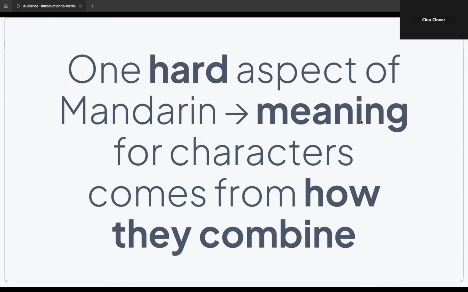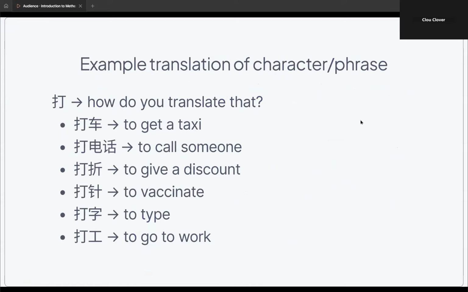So, one hard aspect of Mandarin is that the meaning of characters comes from how they combine. Oftentimes, you'll hear non-native speakers say, how do you translate this character? And my response will be, I have no idea. Because this character can mean, when combined, to get a taxi. It can mean to call someone. It can mean to give a discount. It can mean to vaccinate. It can mean to type, and it can mean to go to work. So this character only has an approximate meaning, but its true meaning really only comes when it combines with other